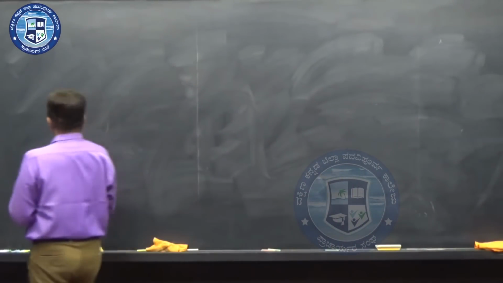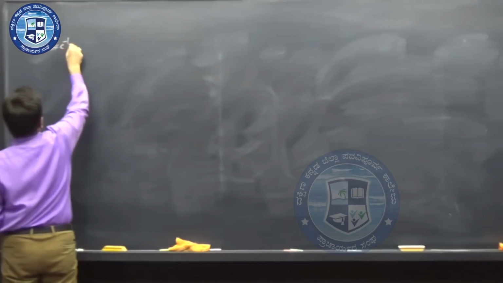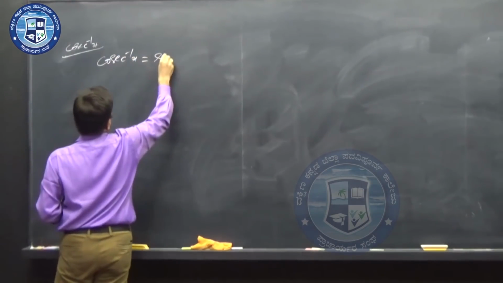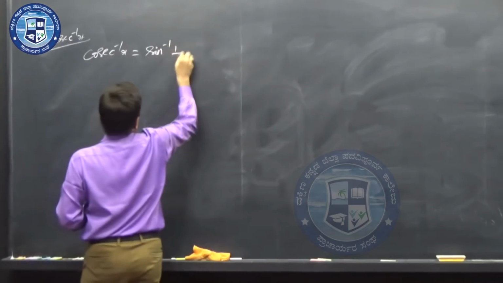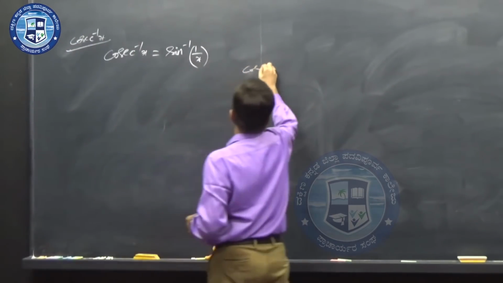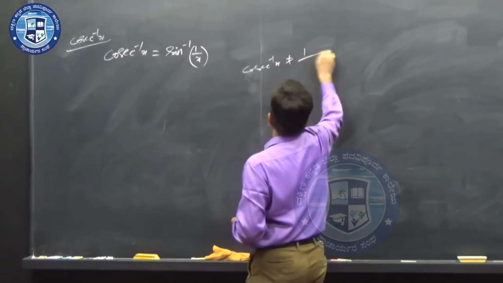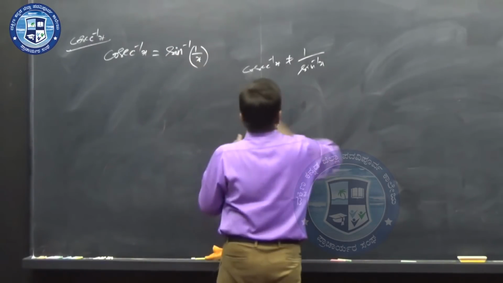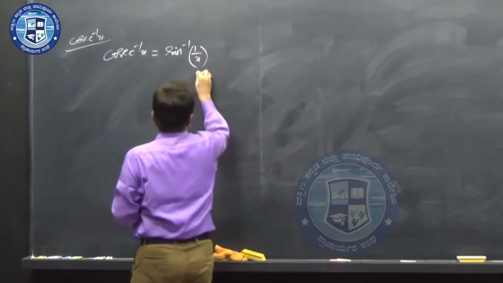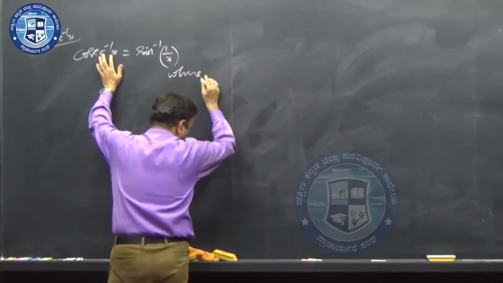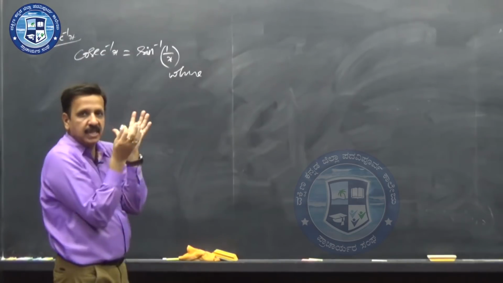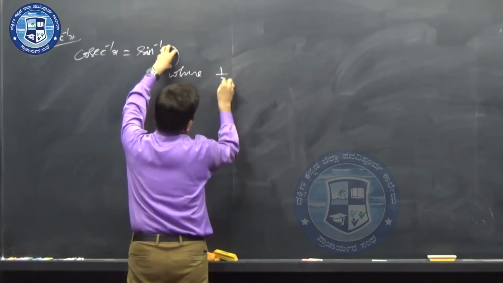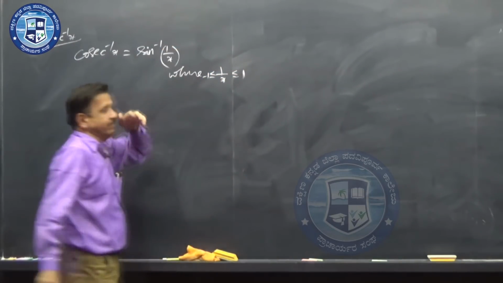Okay. Now let us go ahead with the cosec inverse x. Cosec inverse x is nothing but sine inverse 1 by x. Cosec inverse x is not equal to 1 by sine inverse x. No. Cosec inverse x is sine inverse 1 by x. You can have a simple proof of that, where you don't know the condition on x right now because we have just started analyzing the concept of cosec inverse x. But you know the condition on sine inverse k, where k lies between -1 and +1.